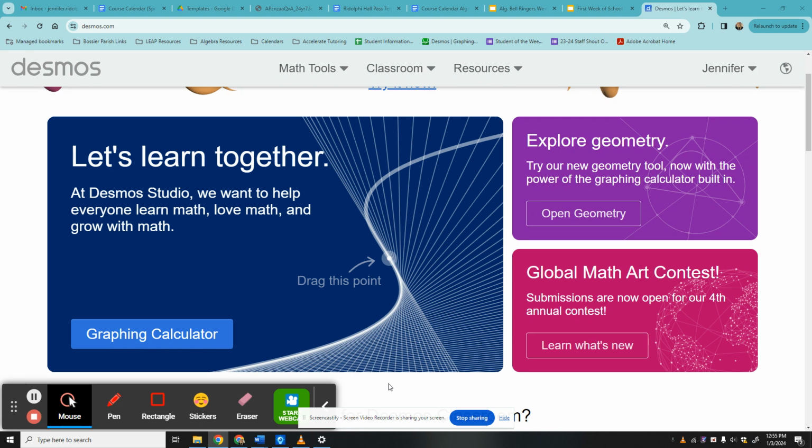So first, you're going to need to do 8 through 11 on your own or working with your group members to get your graph and your expression and all of that down. Then once you get to item 12, you're going to use Desmos to check your work and make sure it's accurate. So you're going to go to desmos.com,